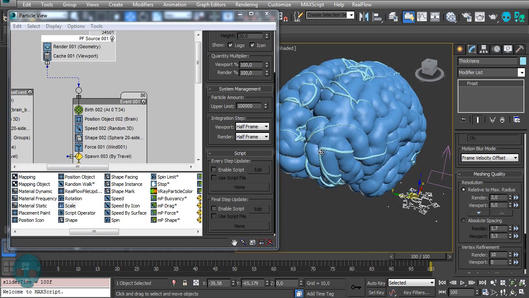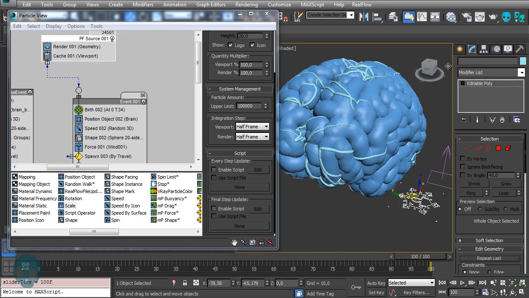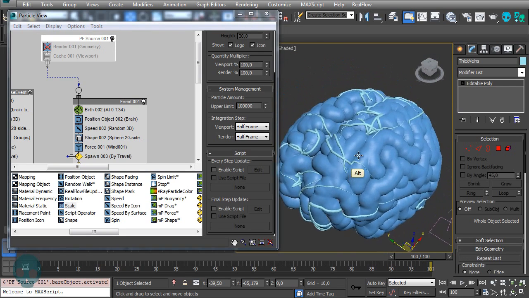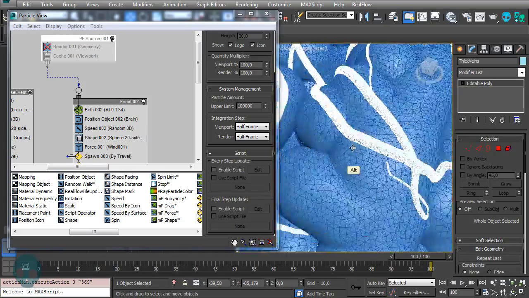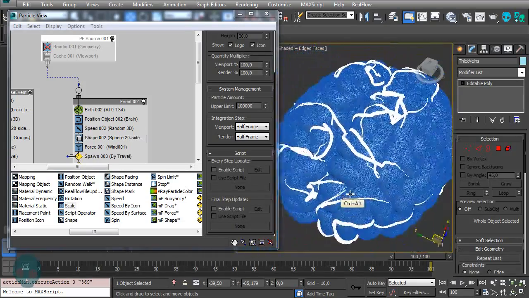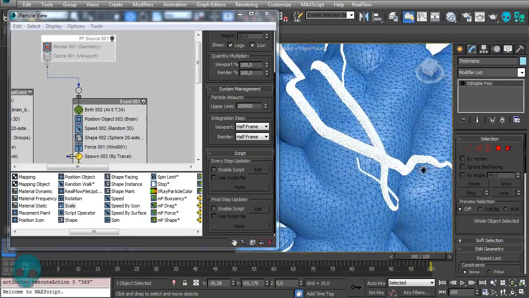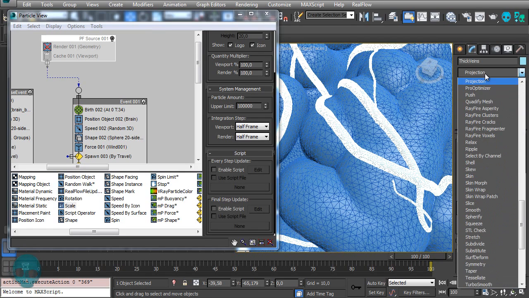So let's just convert this frost to editable poly and switch off this particle flow source. Now these veins have a huge amount of particles, of polygons. It's cool to create the details, but now we don't really need it, so let's just add a ProOptimizer here